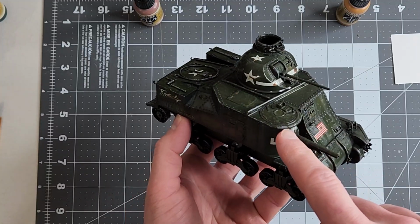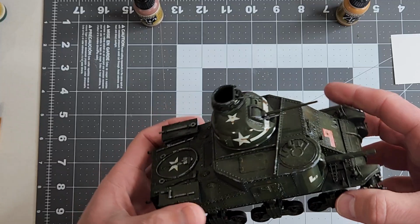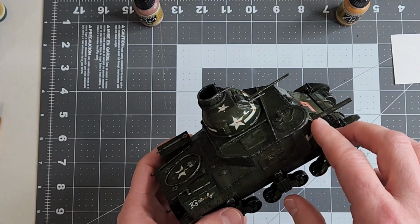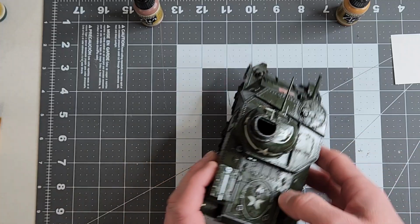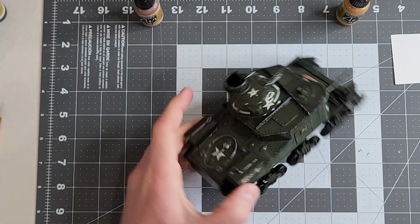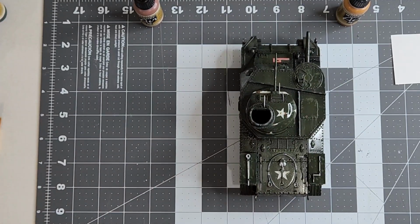And we're going to attempt to do some rust chipping effect with a sponge, a rust color, where we did the metal chipping last time, to give it a little less of that metally effect and show that it's been rusted over a little bit. So we need to get our...